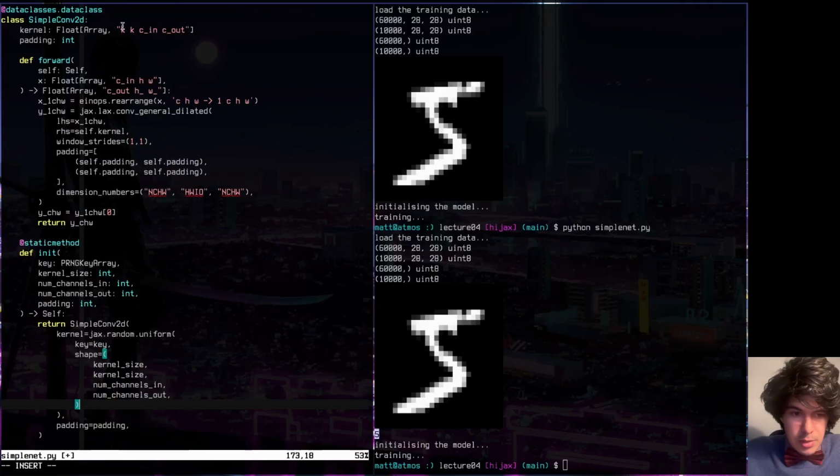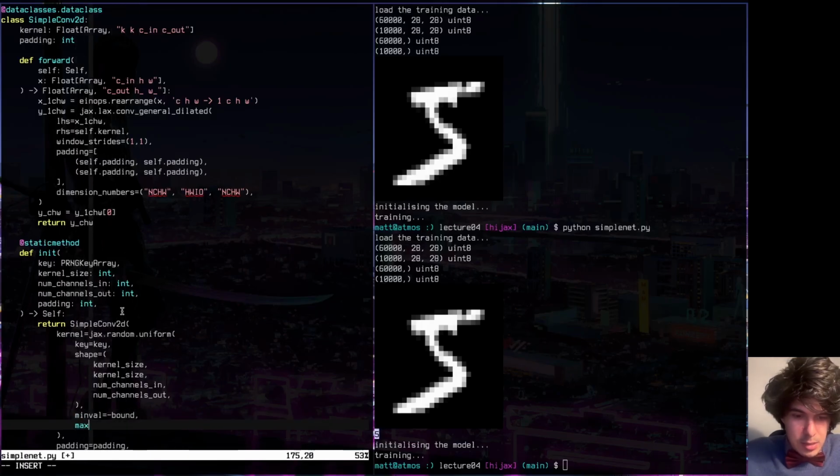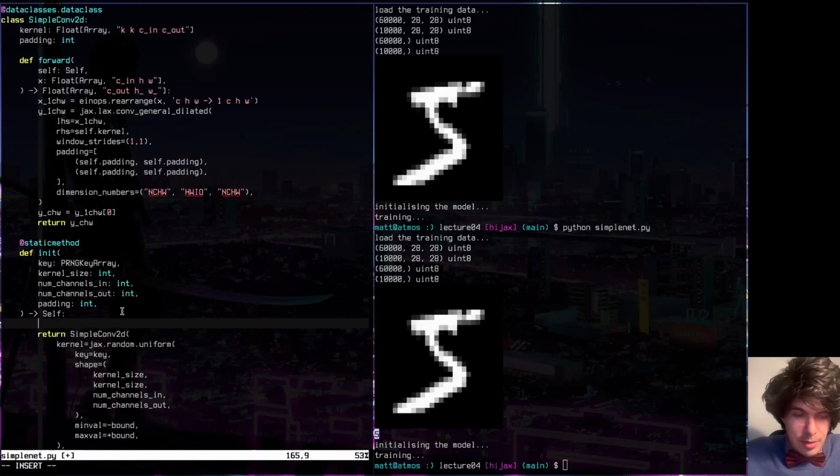And then that's going to be the kernel, the shape. And then we need the min val equals minus bound, and max val equals plus bound. And the bound itself is going to be bound equals 1 over jnp.square root of the number of inputs. And the number of inputs is, let's count all of the inputs in the kernel times